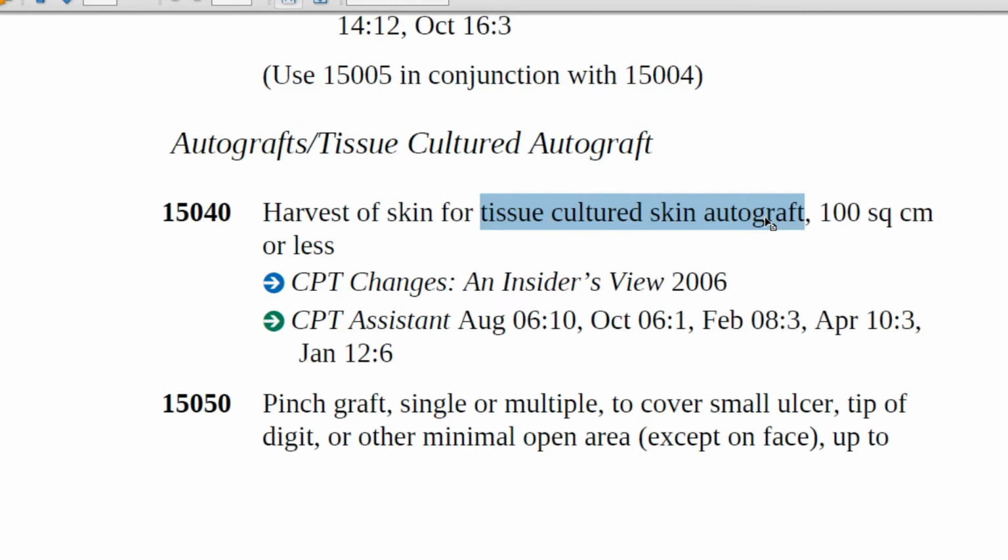This takes 3 weeks. Later, this tissue is used for the same patient, particularly for the treatment of large full thickness wounds and burns that cover a large body surface area.